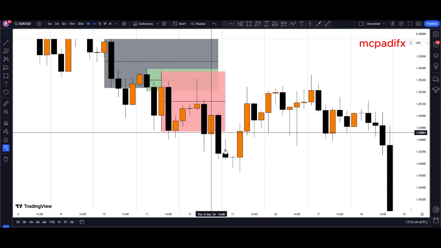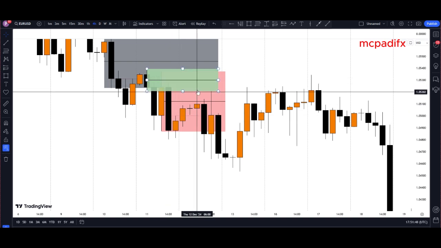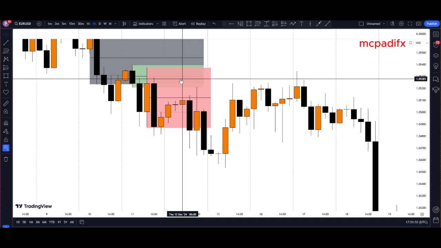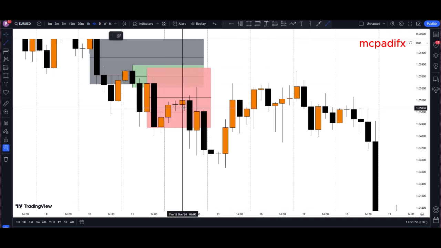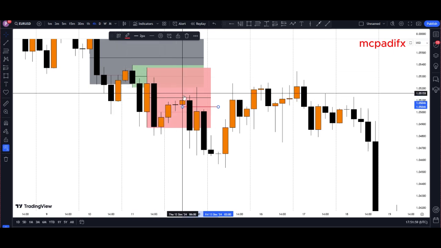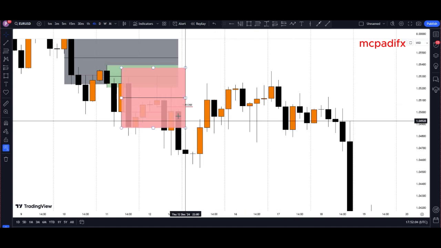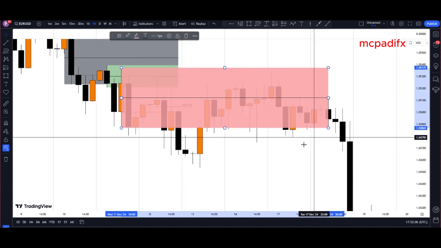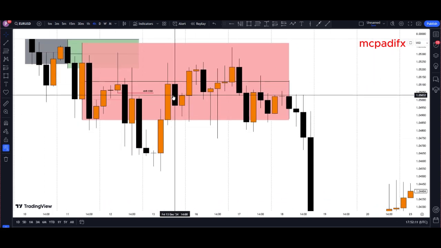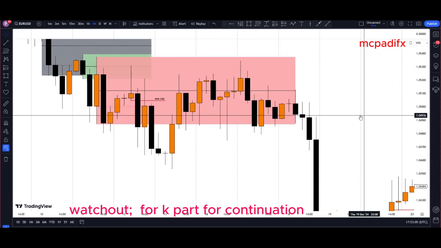You see, after this one too, another one formed right here. You see that we tapped into the order block and this one closed below. The next candle came, tapped into the order block, and then it dropped. Then we came in to pull back into the same order block. What happened? So you can see that in this order block too,